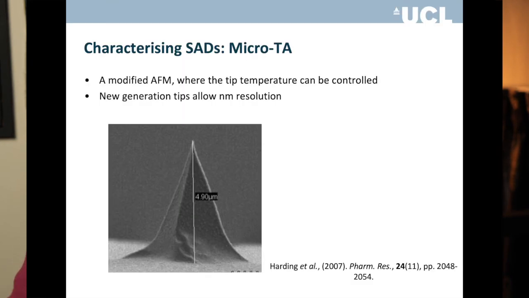If you use a specially derivatized tip, as shown on the screen, you can also do some other things. So one of the things these tips do is they measure thermal conductivity of the material. They do that because by passing a current through that tip, you can maintain the tip at a specific temperature. If your tip is sitting on a material with very poor thermal conductivity, none of the heat is being taken away from the tip. So to maintain the tip at a particular temperature, you don't need much energy